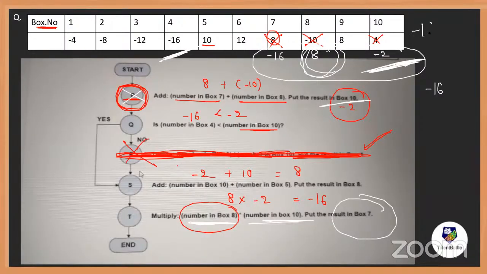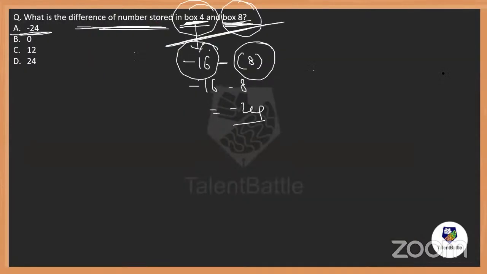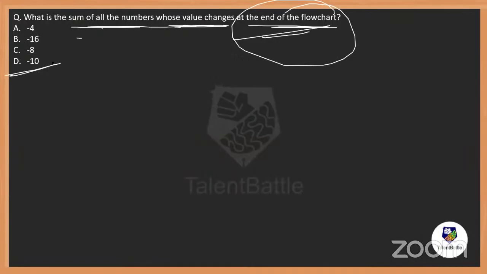So what is the answer? Minus 16 plus 8 minus 2. We are supposed to identify the sum of these numbers. So how much is it? Minus 16 plus 8 means minus 8, minus 2 is minus 10. They are asking the sum, so even if you do anything first, it is going to be the same. Minus 10, not plus 10. Do not ignore the symbols. Option D. Symbols are very important.